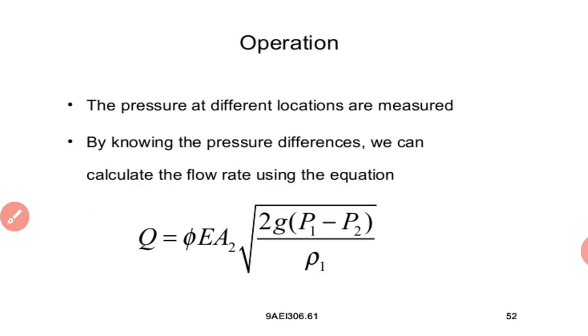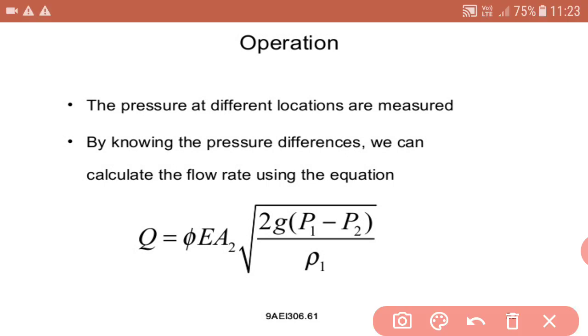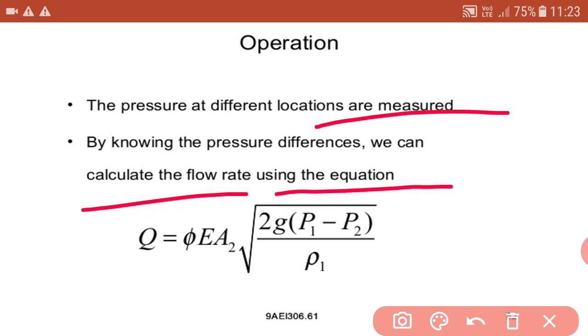Now operation. The pressure at different locations is measured. For example, in our case, we have measured pressure at 2 points. By knowing the pressure difference, we can calculate the flow rate using this equation, which is known as Bernoulli's equation. Q is equal to phi E A2 under root 2 into P1 minus P2 upon rho 1. So this is Bernoulli's equation,